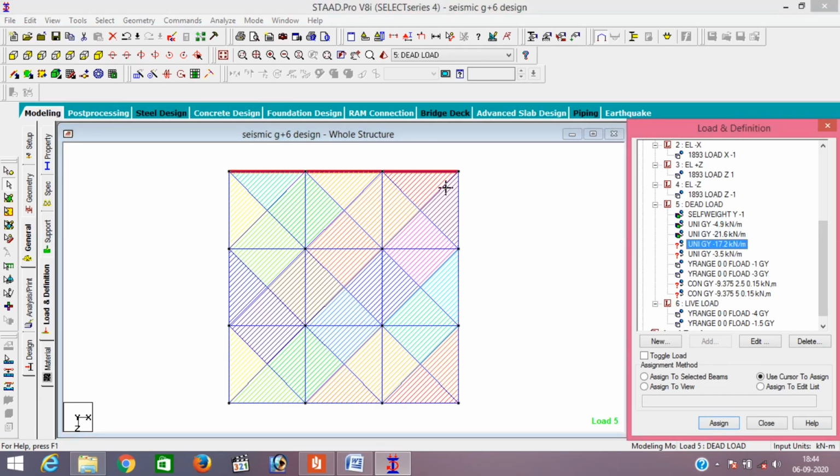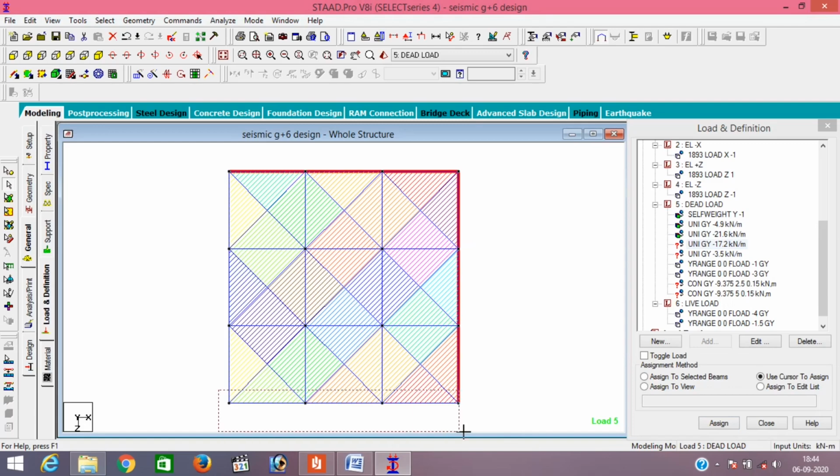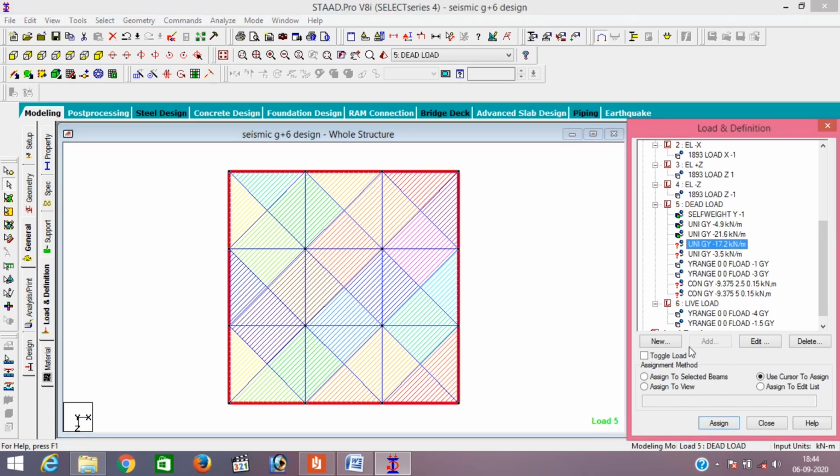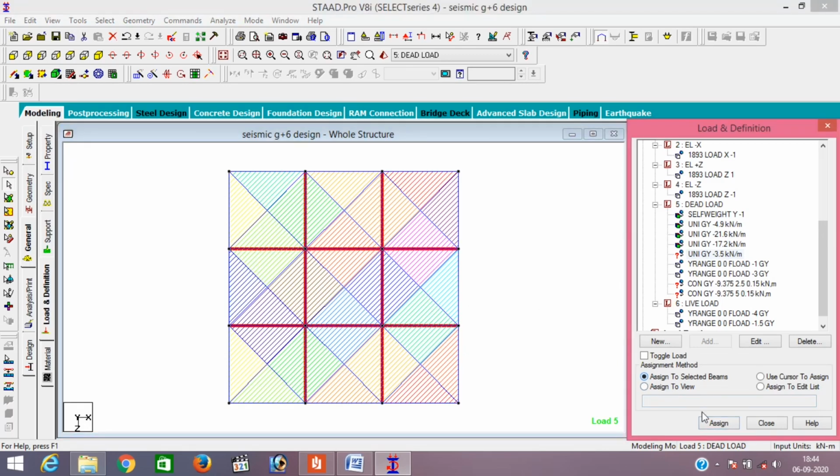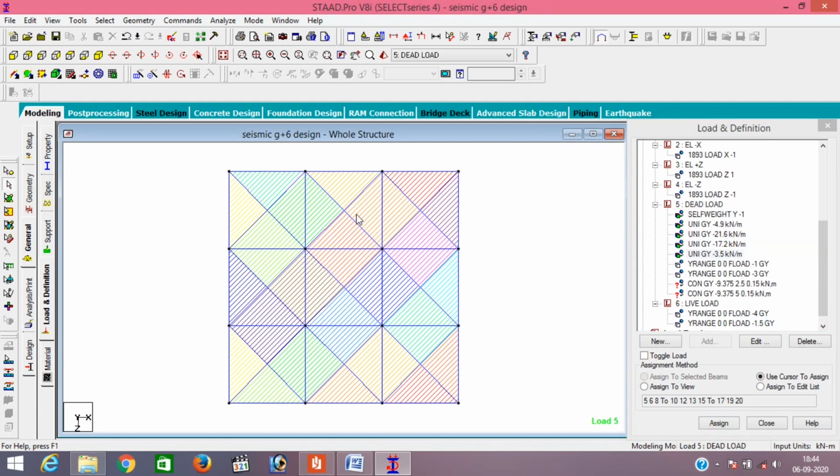Select the outer beams, then we will select all the outer beams here, then assign it: select the load, assign to selected beam, assign it. Then go to this one, -3.5, assign to selected beam, assign it.